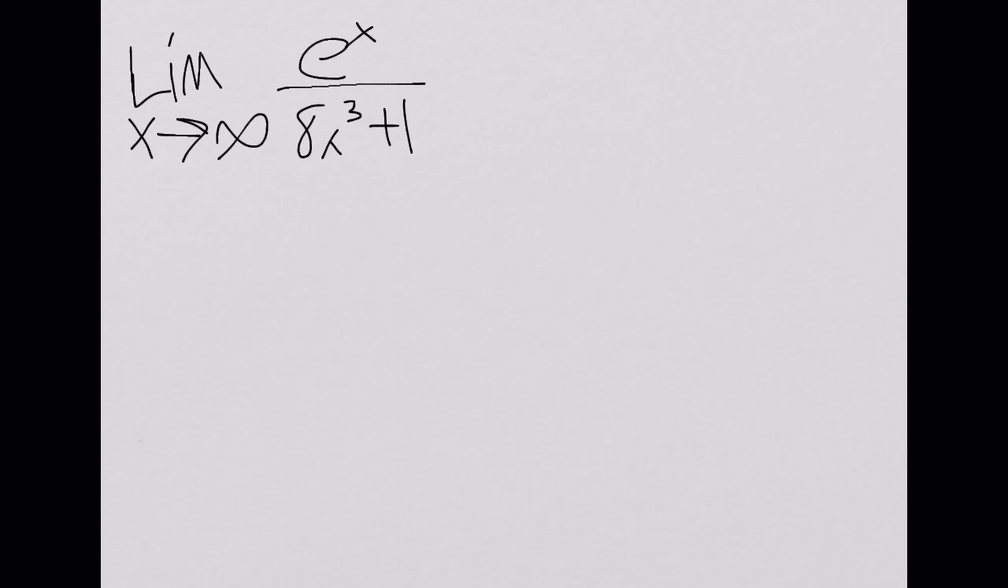So this one, you might say, oh, the 8x cubed grows faster than this, so the limit goes to 0. And that is not totally right. The e to the x actually grows much faster, much more as we move out further than this does. If you think about it, this limit's actually going to go to infinity. And the reason is that imagine doing e to the